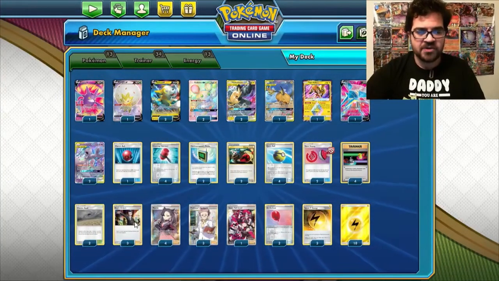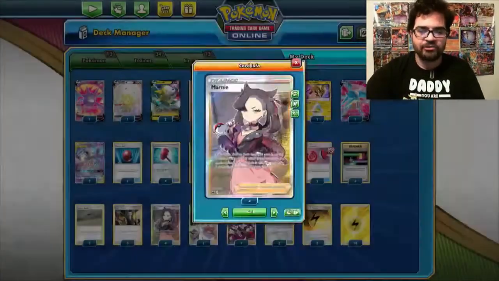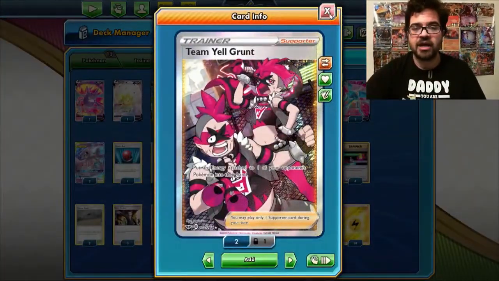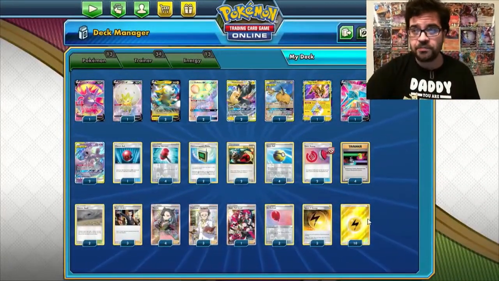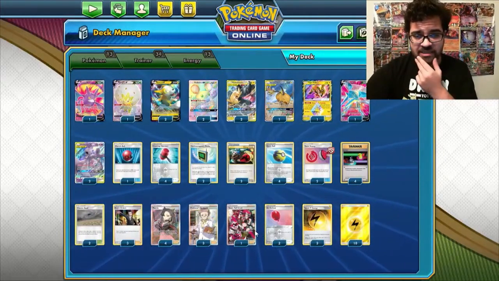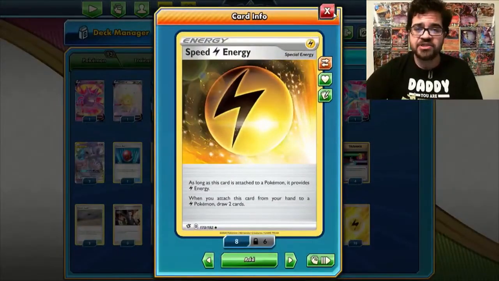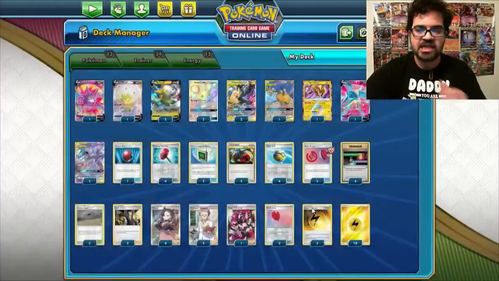And then for the supporters we have 3 Boss's Orders, 4 Marnie, only 3 Research, and a copy of Team Yell Grunt, which is another disruptive card to help deny your opponents of energy and to potentially stop a turn 2 Altered Creation. All these cards like Crushing Hammer and Team Yell Grunt are just basically to prevent that turn 2 Altered Creation. And then for the energies, just 3 Speed Energy and 10 Basic Lightning, because Speed